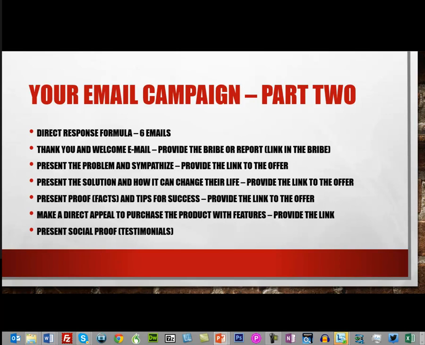Now, all of these emails are going to be follow-ups. They're going to get them automatically. As soon as they opt in, they're going to get all 6 of these emails. As I said, you can do them every day, every other day, or however you think your schedule is going to permit them to see the offer often enough. Okay, so once you've presented the social proof email with the testimonials, then for the most part you will have had the buyers that you're going to have. Now, you can always come back and re-offer this product if something changes, but once you've gone through those 6 emails,